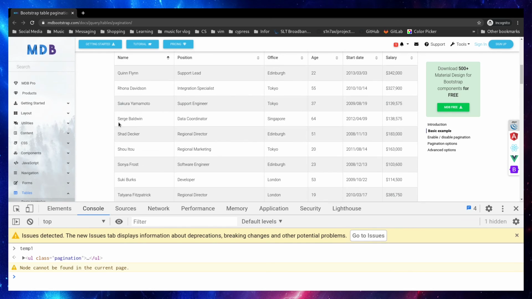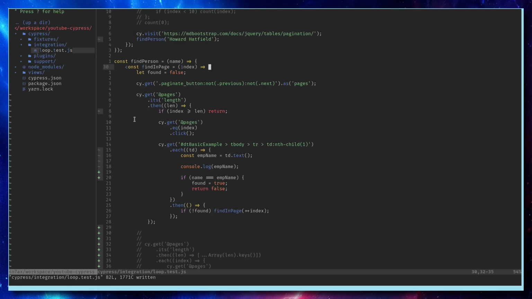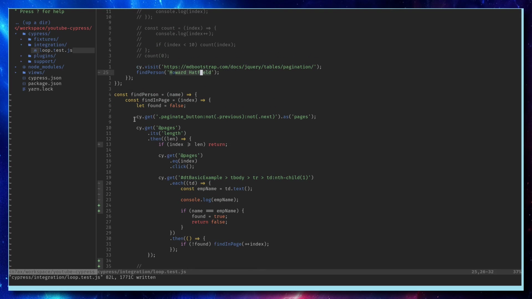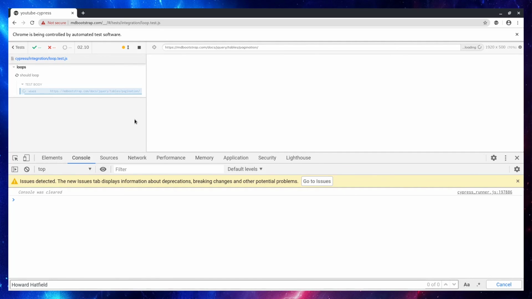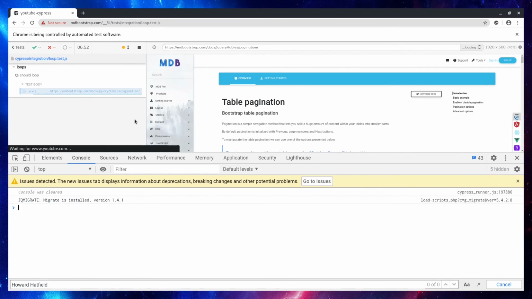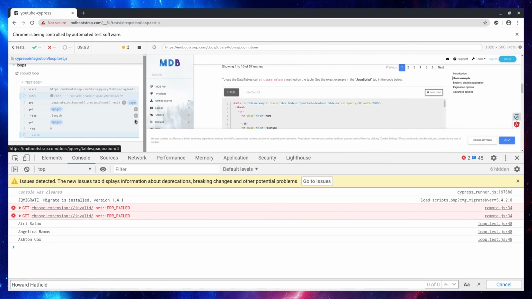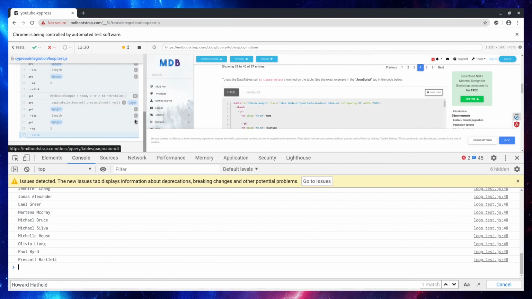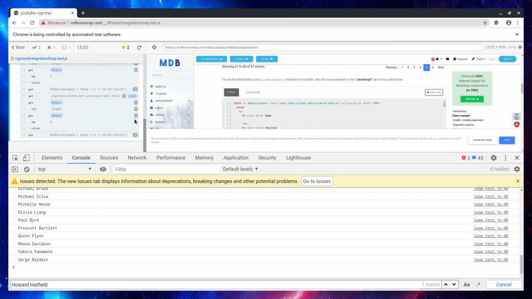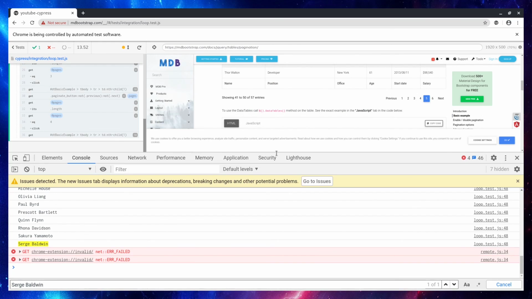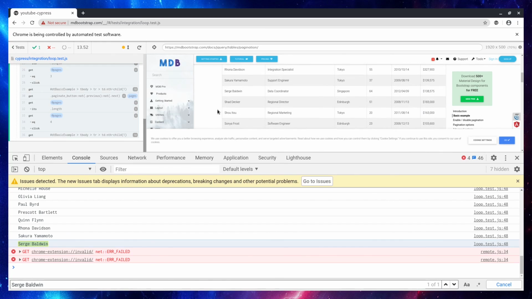Right now I'm in the 5th page and I'm going to copy this one and let's change. Alright, right now we are in the 5th page and it stopped after finding the name in the table. So that's the way we are breaking the loop